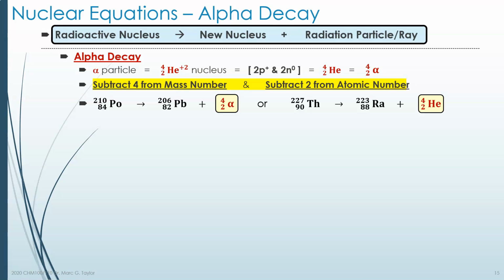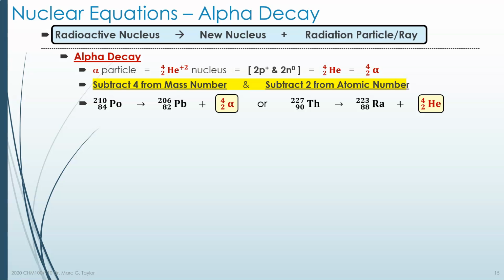Polonium has an atomic number of 84, and that is true for all polonium atoms. And this will undergo an alpha decay. You'll notice in the two examples I show alpha in two different ways. They mean exactly the same thing. You can write it as alpha 4 and 2 or helium 4 and 2 because an alpha particle is a